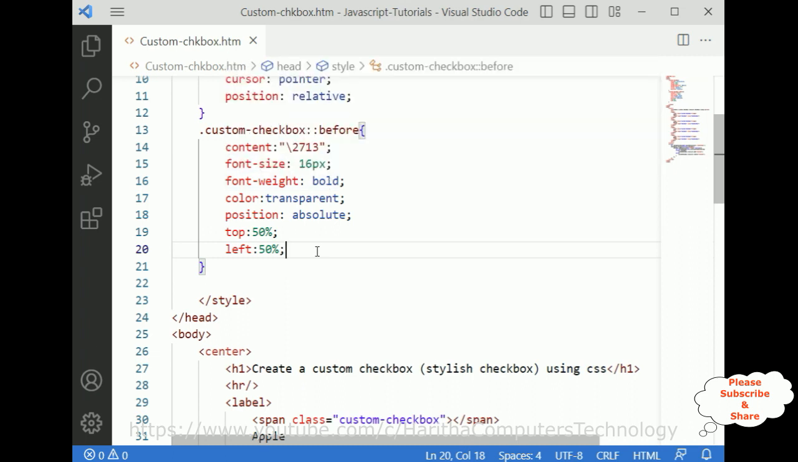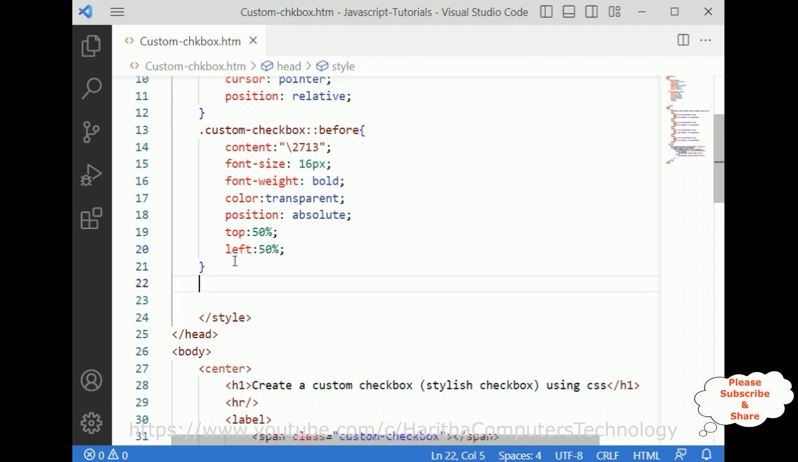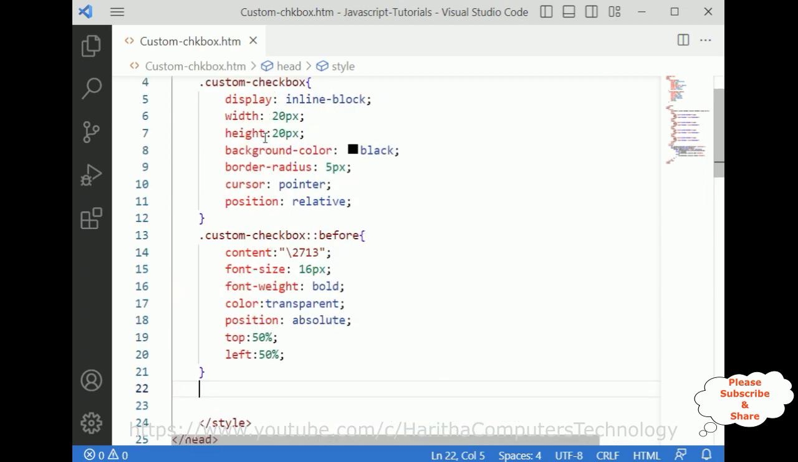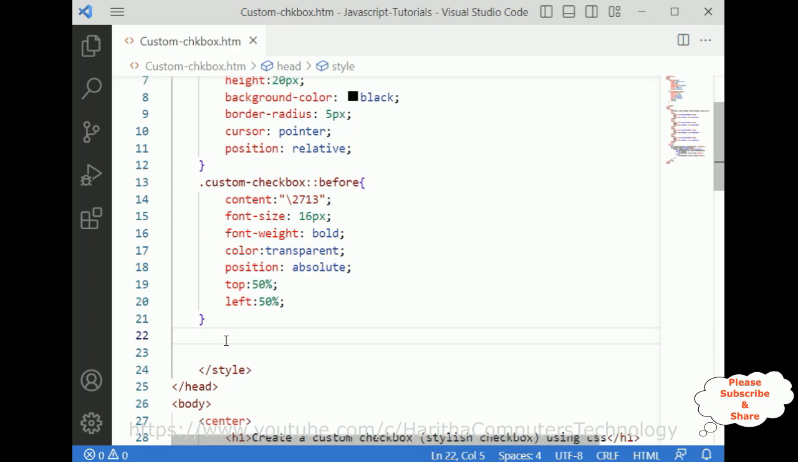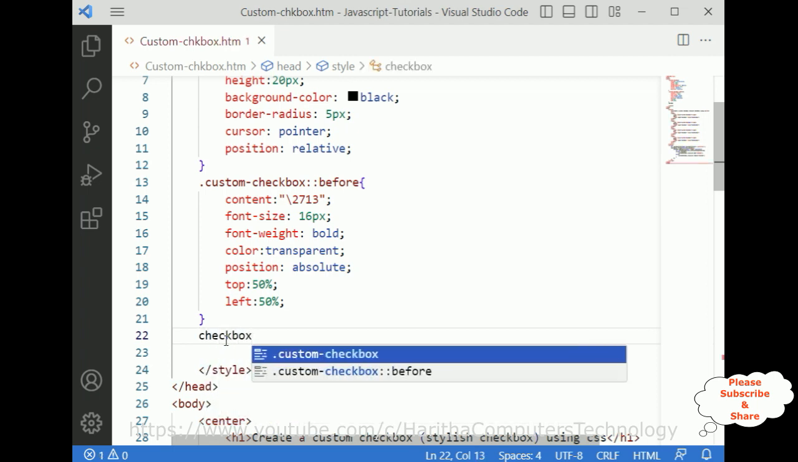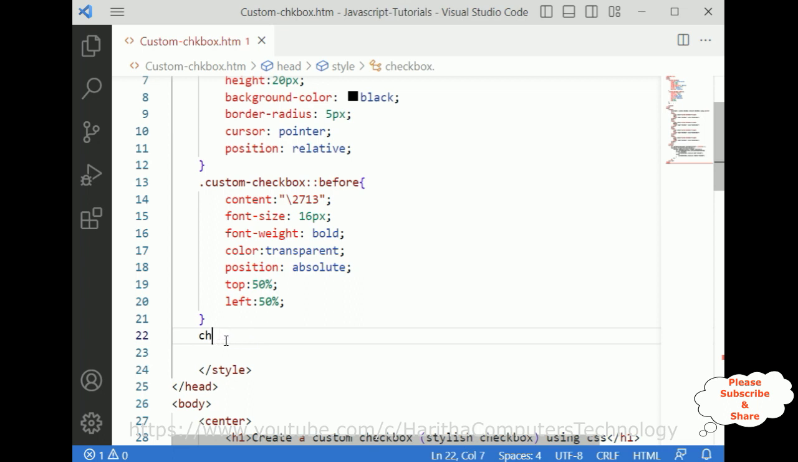Custom checkbox. Now what we do is, if the user checks, the span tag is nothing but a checkbox control. So checkbox dot custom checkbox. Now custom checkbox dot check